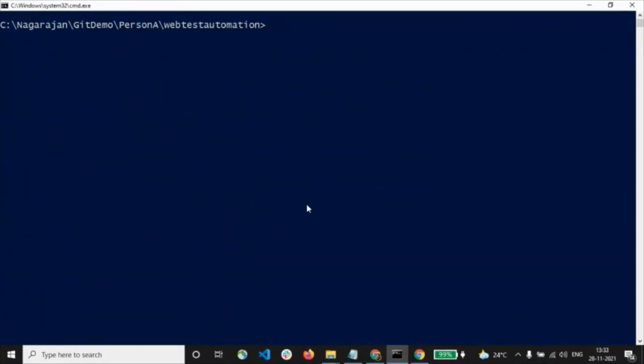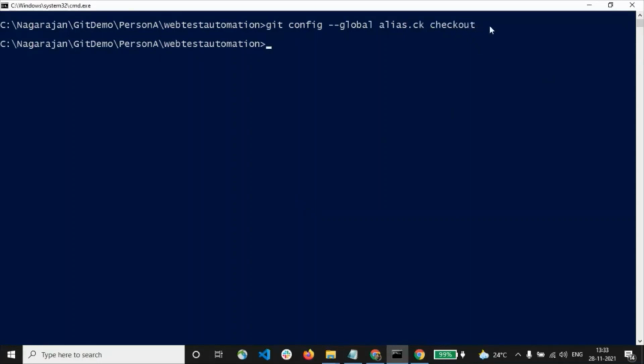Let's learn about git alias. Basically, git provides an alias feature. So this sets the alias for a git command. For that, we'll have to use git config. We have to use this particular command to set the alias. Okay, let me put ck for checkout. I'm creating an alias for this git checkout command. Let me create one more alias